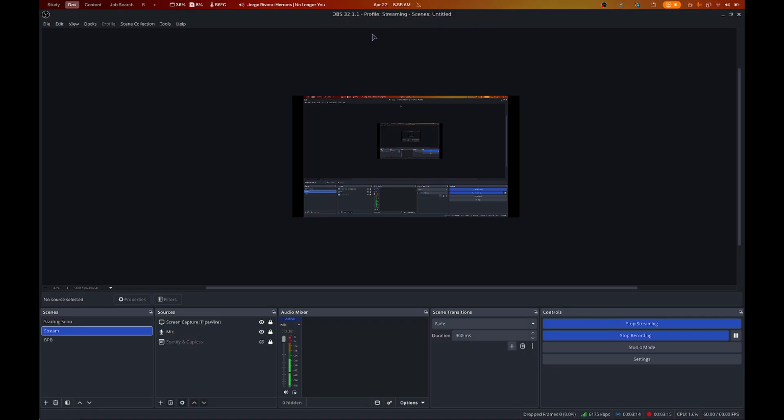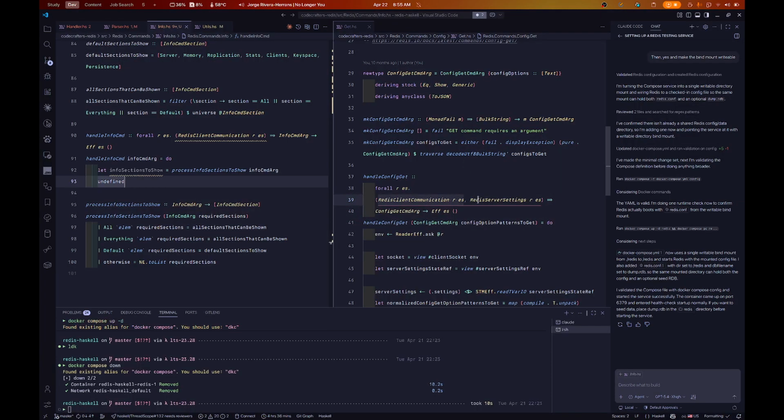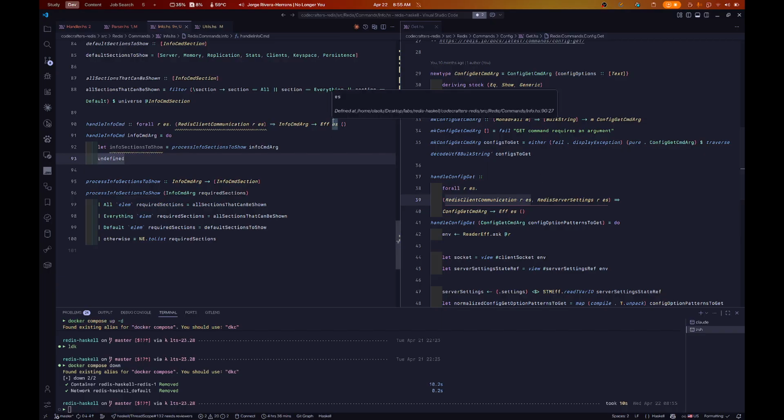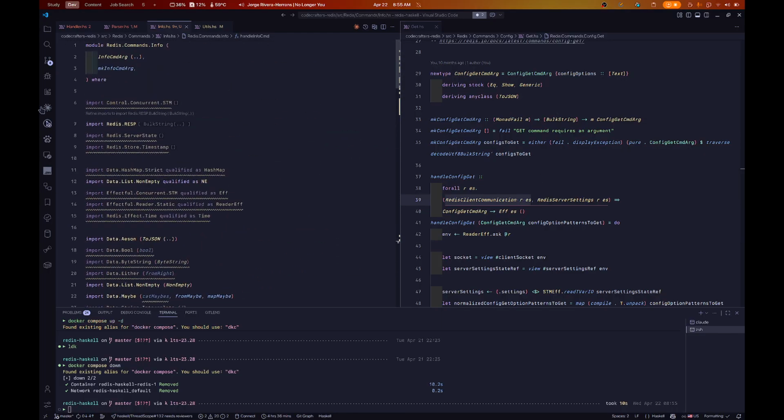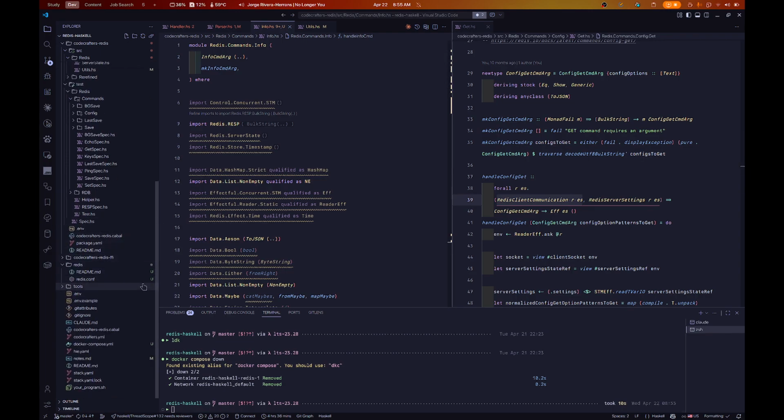Let's get to this. We are working on Redis Haskell. If you tuned into the last stream, we did a bit of spin the wheel for this to get ourselves here. So now what I've done is I got the bright idea to set up